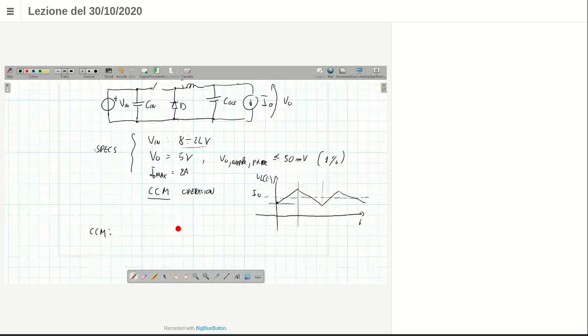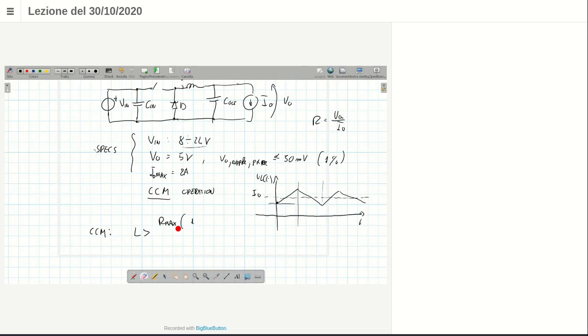Okay, so if we write the condition for continuous conduction mode operation, we get that the inductance should be larger than R maximum, where R here is V out over IO, VO over IO,